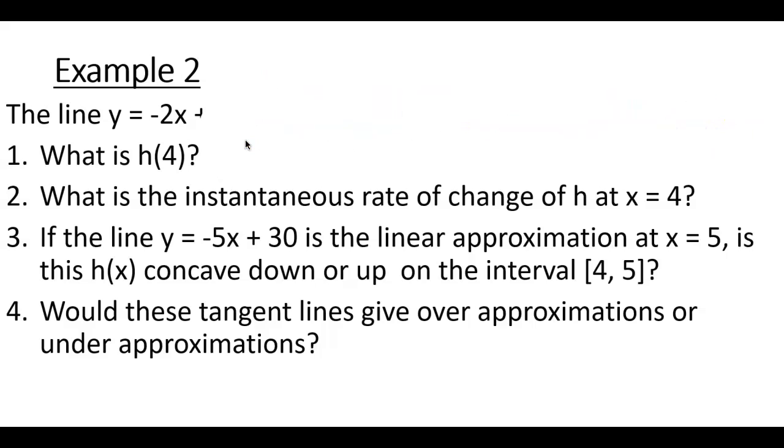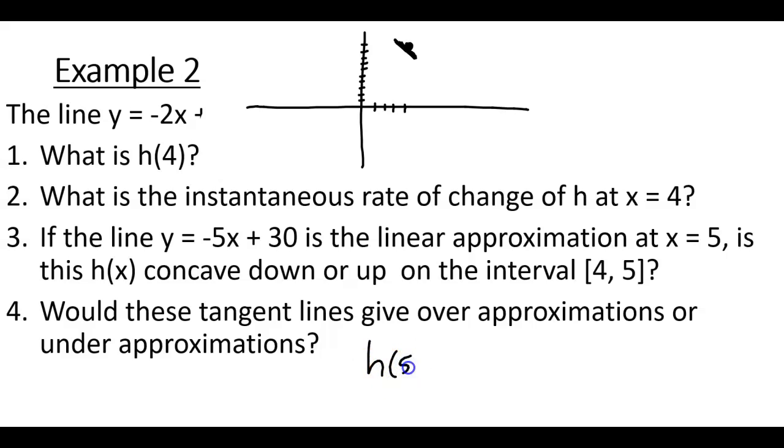So we already know some stuff about this graph, right? We know for certain that at x equals 4, y equals 10, right? And we know that it has a -2 slope at that point. So a -2 slope maybe would look something like that, right? Now, what about at -5x plus 30? Well,